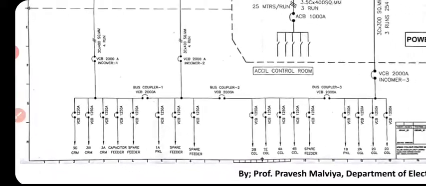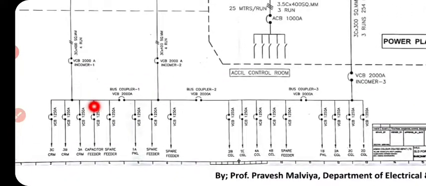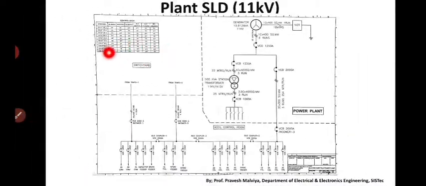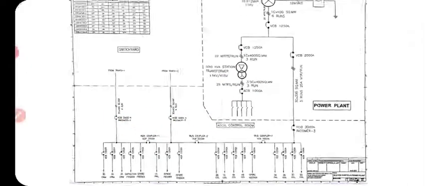This 11 kV bus was situated in a room known as the control room. This was the company's control room, and we used to call it the LT room, low tension. In this bus the voltage was 11 kV, and the substation area was known as the HT, high tension, section. So this was the HT section, and this entire section was the LT section.